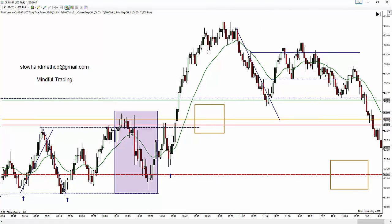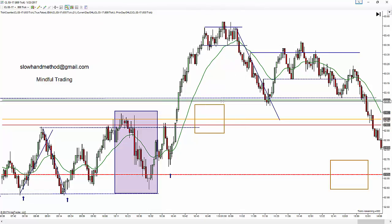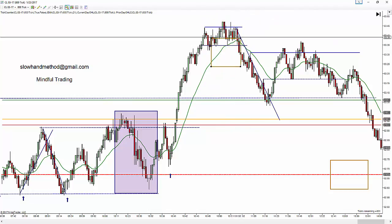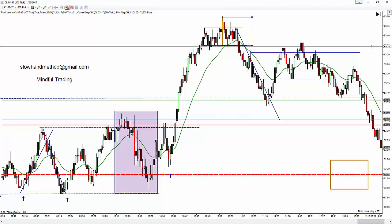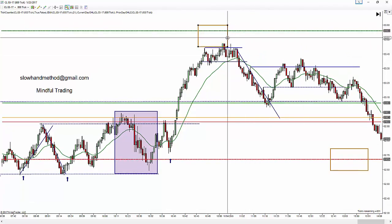Now, this one I really wouldn't have counted. I mean, you're looking at a range up here. It's very tight, and so there's really no telling whether price is going to head up higher, or head lower. So this is much more difficult. But as you can see, here's a second entry short right here, if you're limiting in here, if you're selling at areas like this,